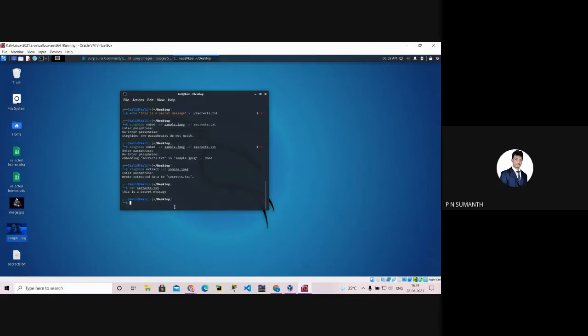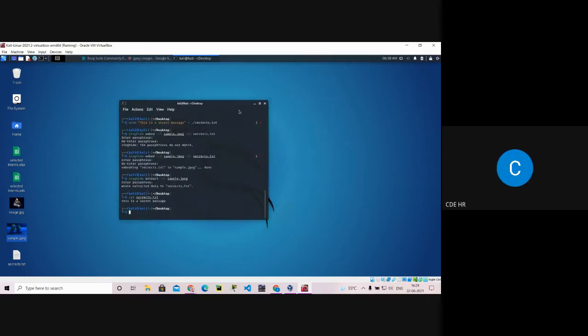Now to use stegcracker, install stegcracker. Why do we use stegcracker? As I told you, we can use a dictionary attack using stegcracker. I told you about the brute force attack, for which we can also use a tool, but now we'll use the dictionary attack. Do you remember what a dictionary attack is, right? Yes, sir. So for the dictionary attack, we're using the stegcracker tool.